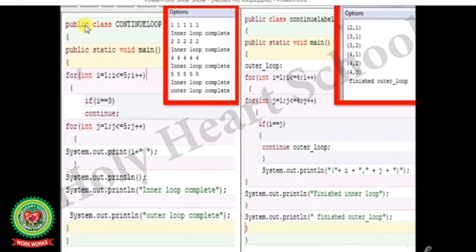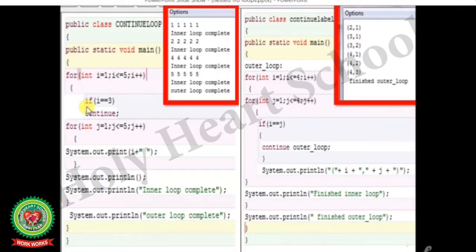Now we will discuss the program with continue statement. So see, students: public class ContinueLoop, public static void main, for int i is equal to 1 semicolon, i less than or equal to 5 semicolon, i plus plus, curly bracket starts.